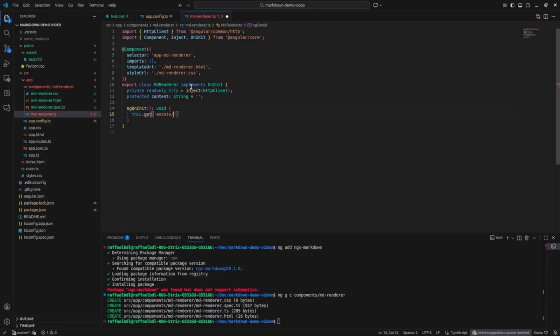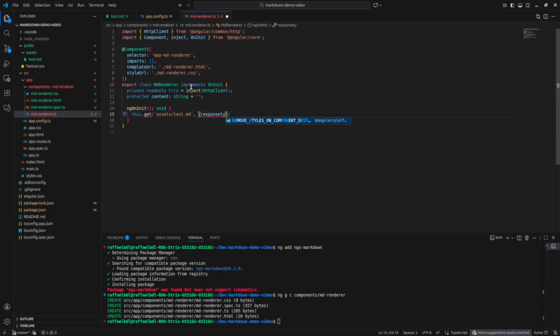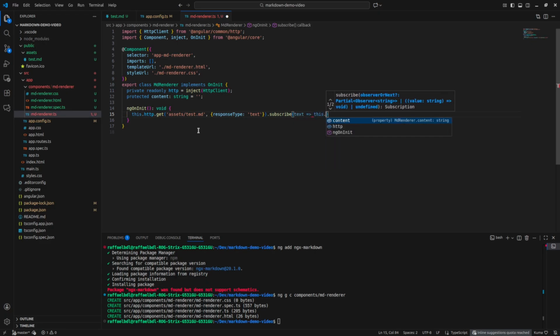So it's at asset test.md. I don't know if it's necessary to precise it, but the response type is text. And we will directly do this.http. I wondered why I did not have the auto-completion. HTTP, and we'll subscribe and get the text and directly save it